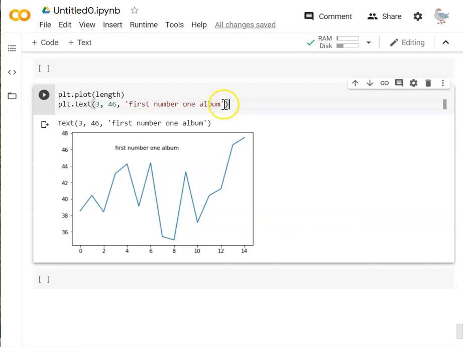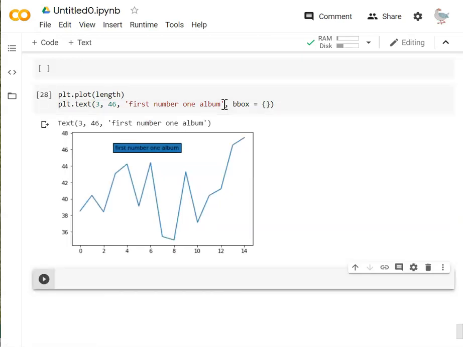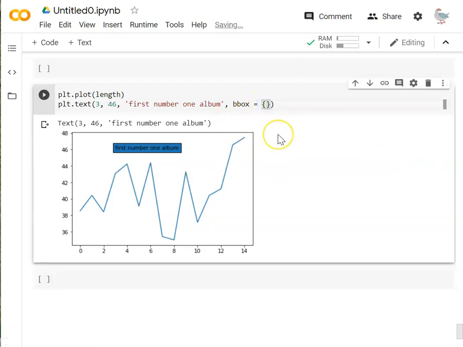If, for example, we wanted to make this stand out a little bit more, you can put it in a box. Curly brackets for our box, and run that. And that chooses the colour that the background is in the box. If you want to specify the colour that the text is in the box, then we ask it to have face colour, in quotes, face colour,